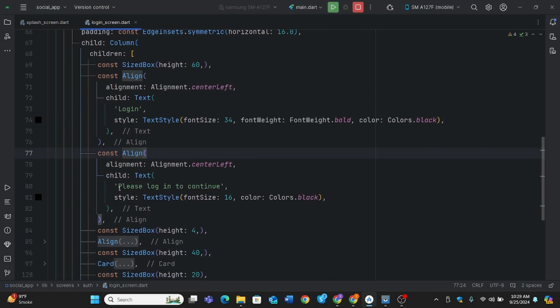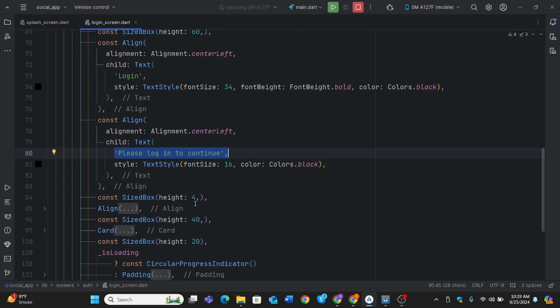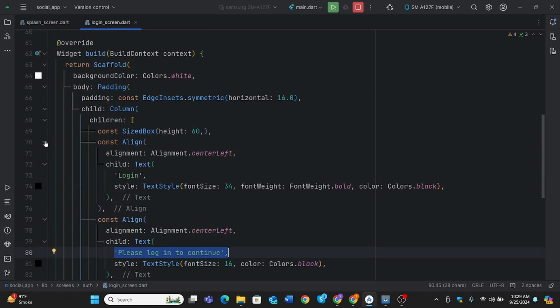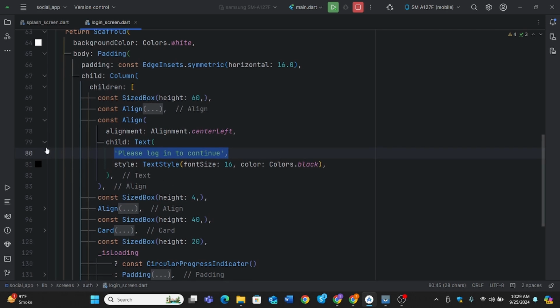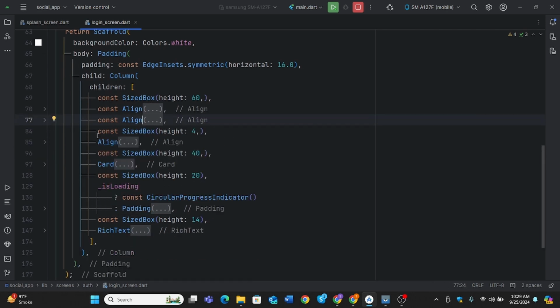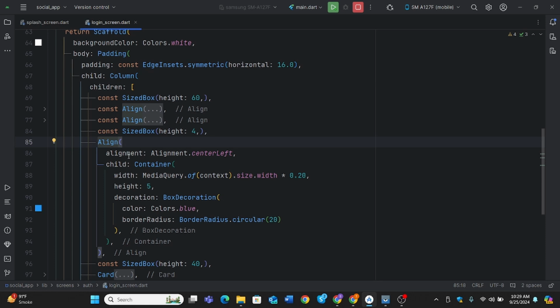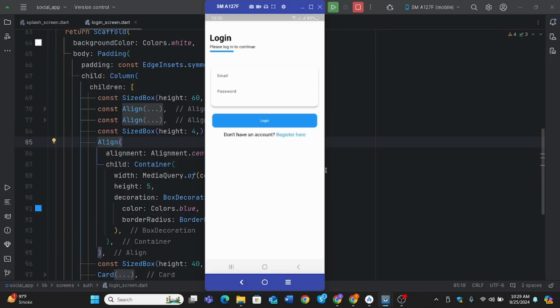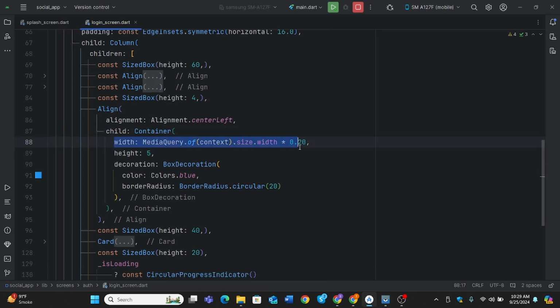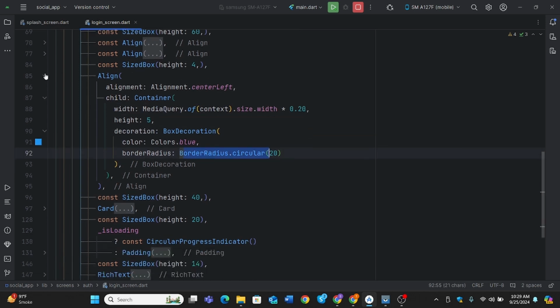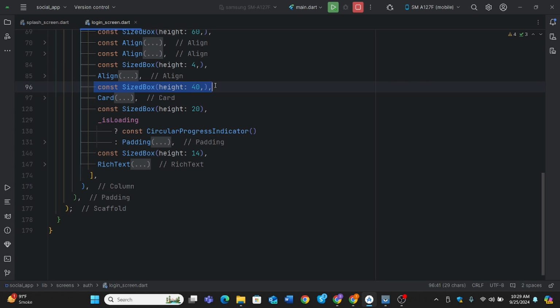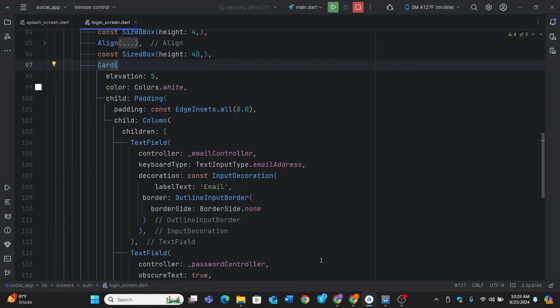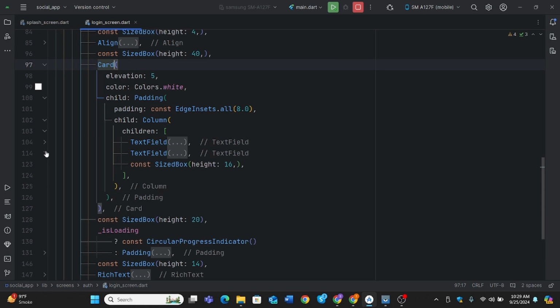If we click on this, and this is "please log in to continue", then there is a gap of 4, and then I have created this container, this blue container line. Okay, its width uses media query, and height is 5, and decoration is color blue, and border radius is circular 20. Then I have added some gap, and then there is a card, and here I have initialized our